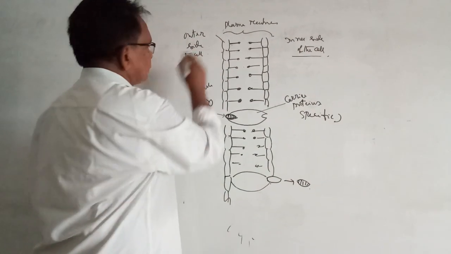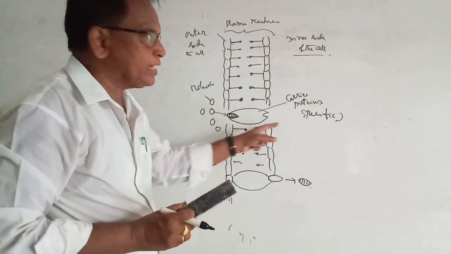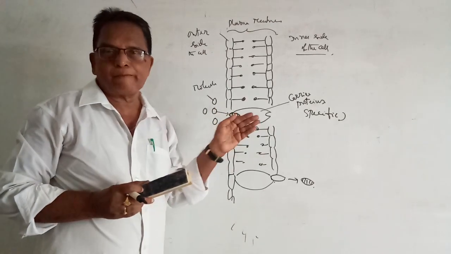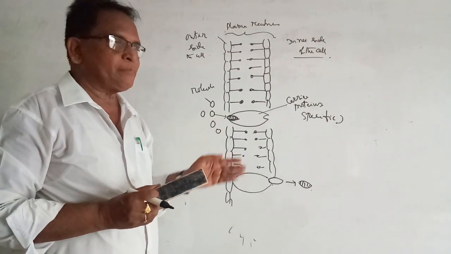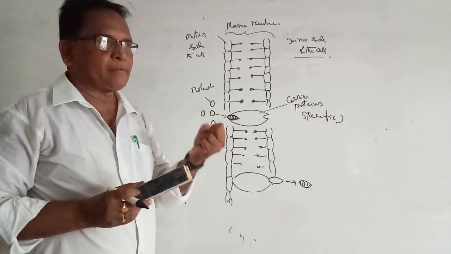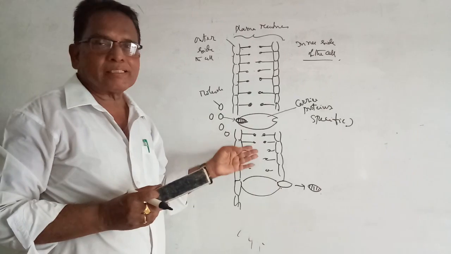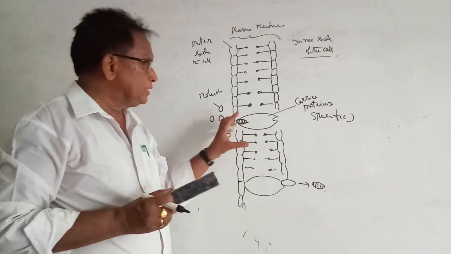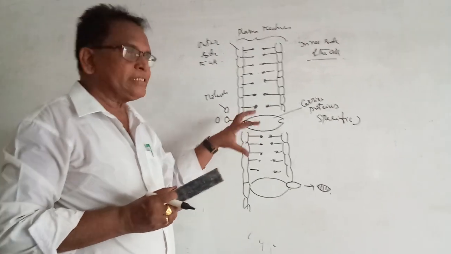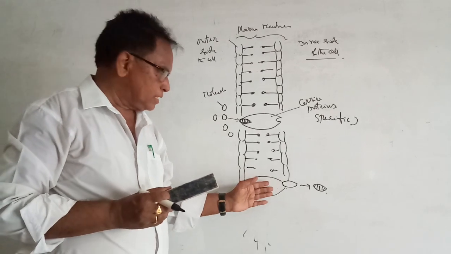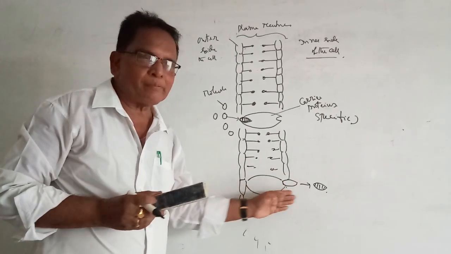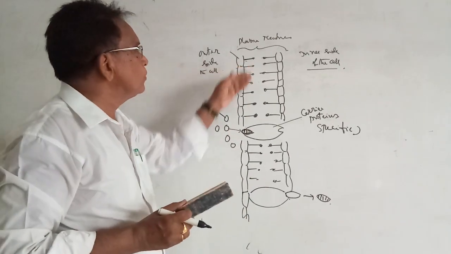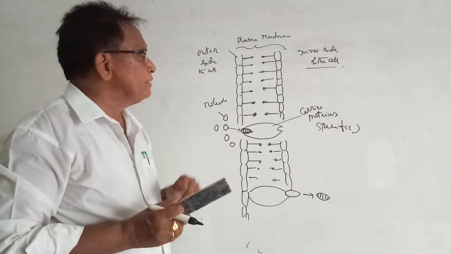Suppose these molecules are required by the cell. They cannot directly pass through the plasma membrane because they are insoluble in the lipid membrane. So these molecules are picked up by carrier proteins present inside the plasma membrane. After receiving a molecule, they develop into a complex and rotate, and the molecules come nearer to the inner membrane and are released into the inner side of the cell. This is how facilitated diffusion takes place.